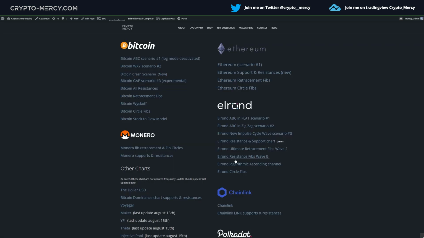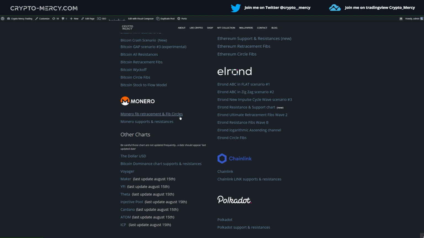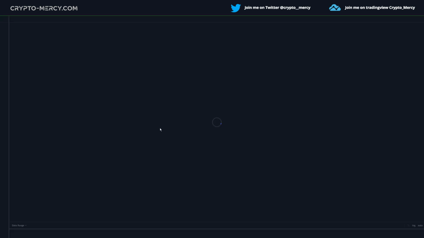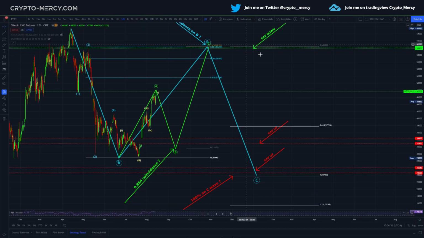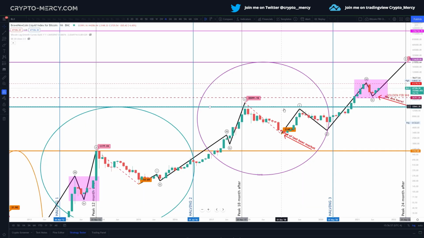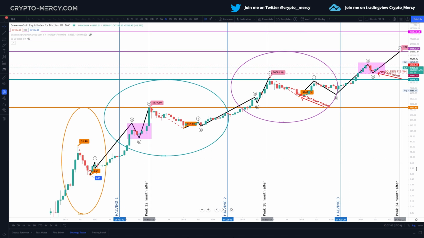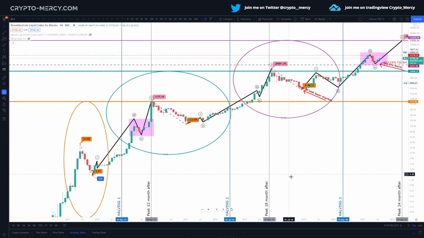circle fibs prediction. Sorry, let's go. Circle fibs. By the way, this is a page that I provide to my subscribers, and they can access my chart by clicking on this. Here we have the fib circles, and I made many videos about this. Fib circles for Bitcoin predicted every top of every bull market, from the top here to the bottom there of the bear market. The circle fib said next bull market will go at